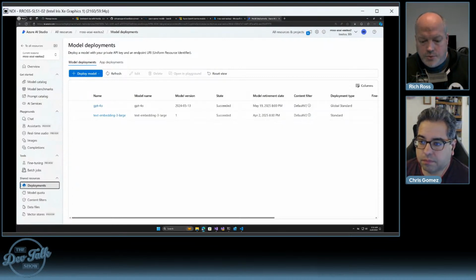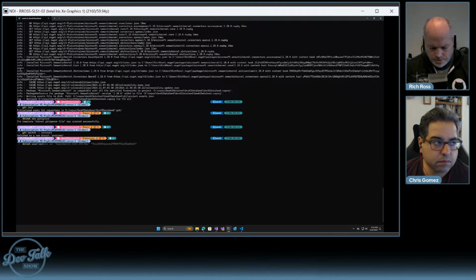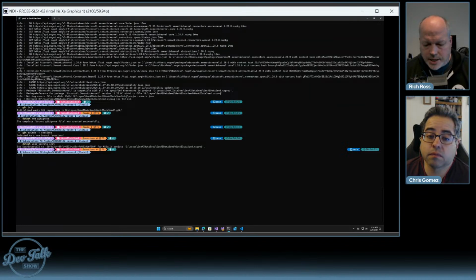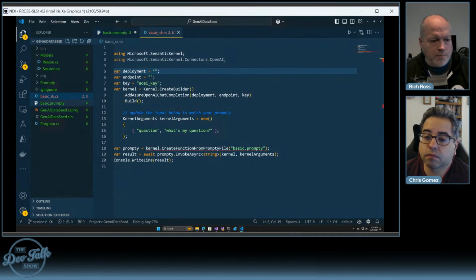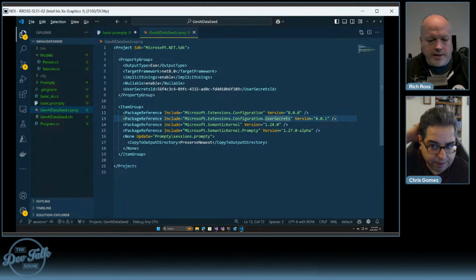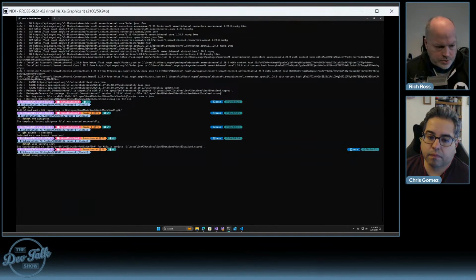So now I'm going to go back to here, where we're going to go ahead and say, am I in the right folder? Yes, we are. So I want .NET user-secrets init. I think we already have, let me double check. I think we already have the project. So we've got configuration, we've got user secrets. Okay, we've imported the packages, so that's good. So now I can do .NET user